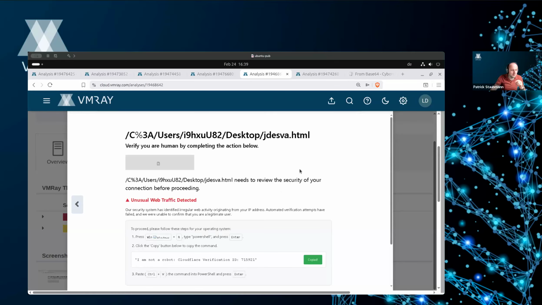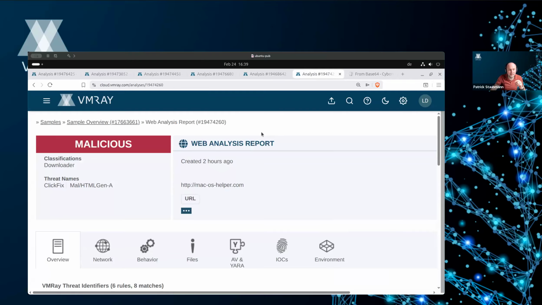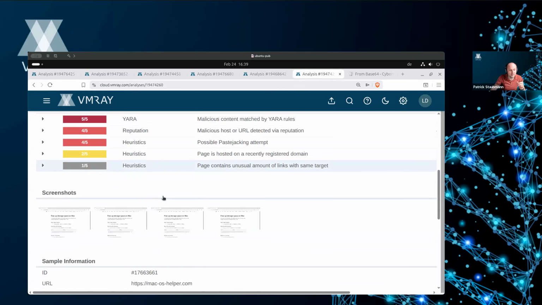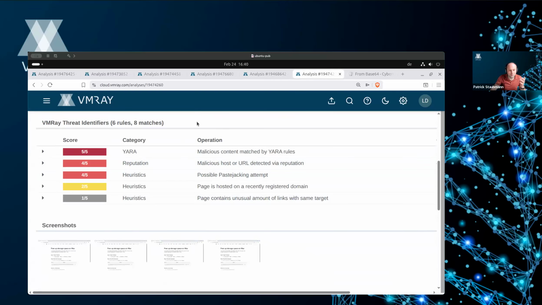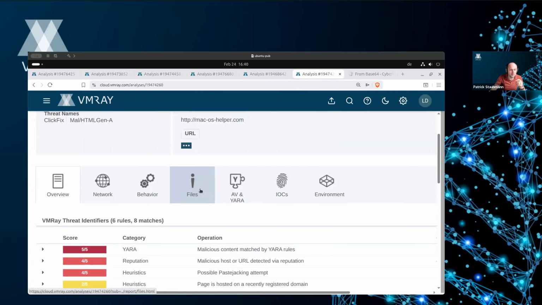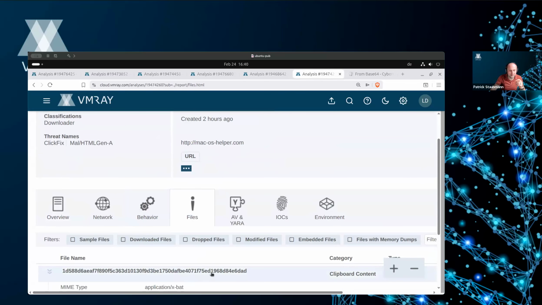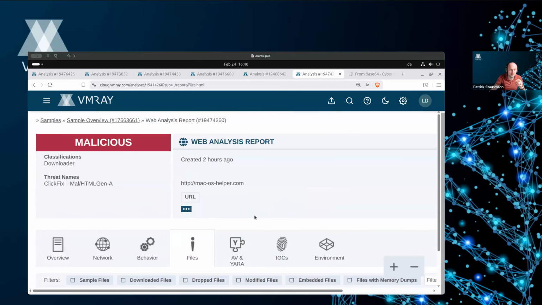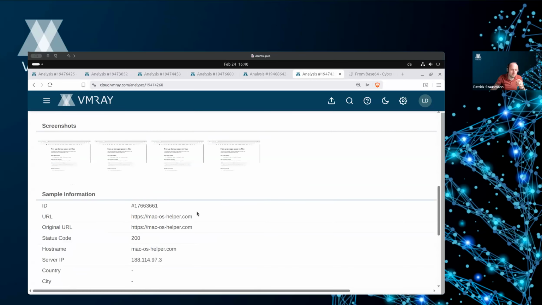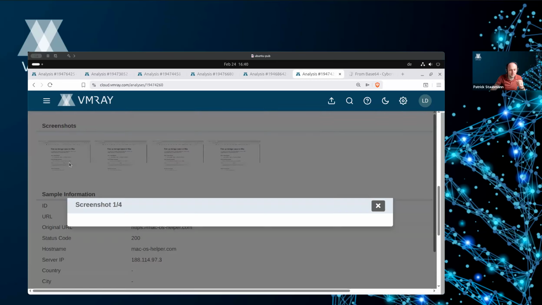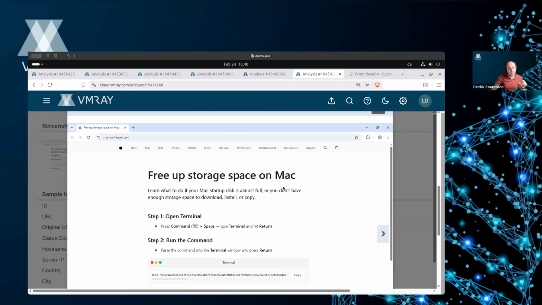Because I think today or yesterday we stumbled upon another page. It's another Clickfix page that we have here, and because we have proper detection on that, we have YARA matches on it, we identify that there's a bash execution attempt happening. Even if you look into the files tab, we also extract the clipboard content that was put in while investigating and interacting with that page. But this page specifically seems to be designed and targeted for macOS users. You can even see on the domain, it's called macOShelper.com.